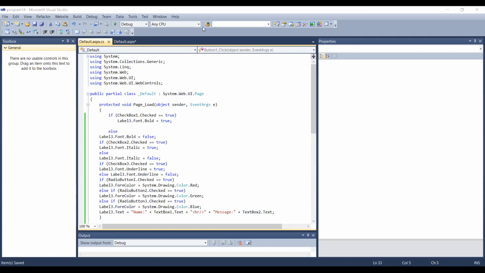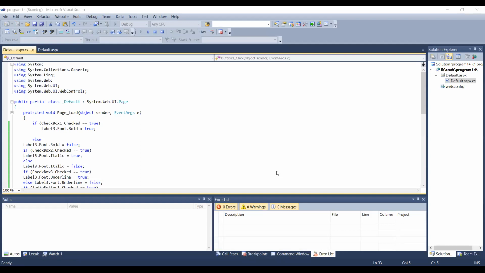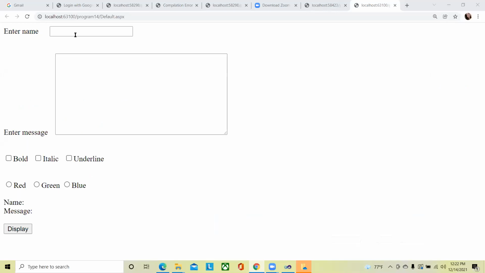Now just see here, guys, I will run it. Now let me check whether we have the correct output. Here I enter my name, suppose Sneh Nagaonkar. Refer my channel, as the message, and I want to convert it into bold, italic, and even underline it, and display it in red. Then I will click on display.